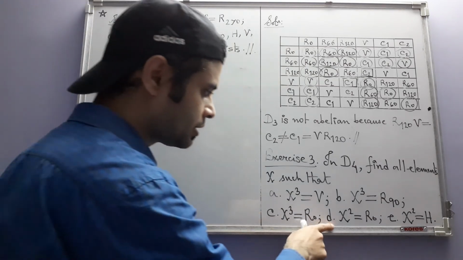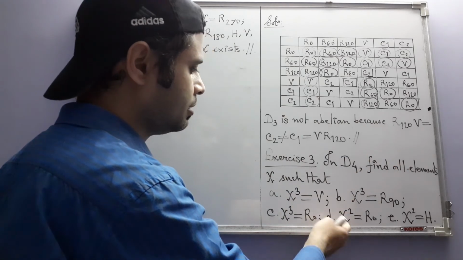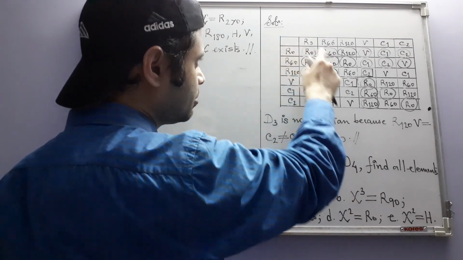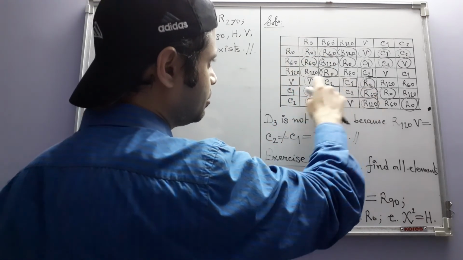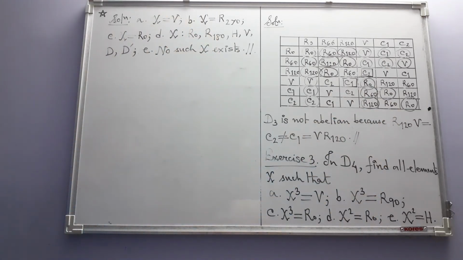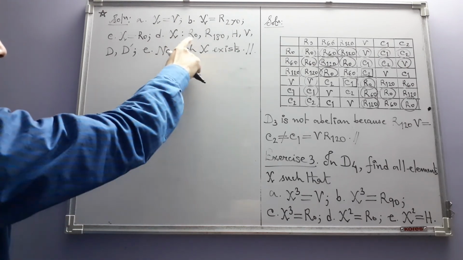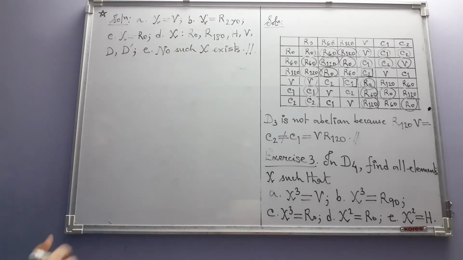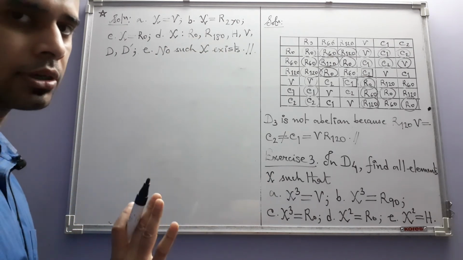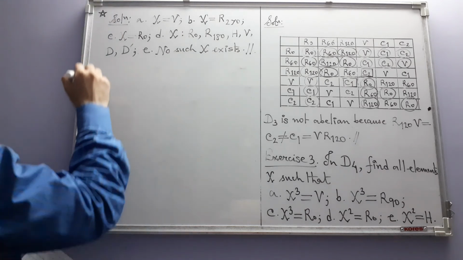Had the same question been asked for not D4 but D3, then the possibilities for x would be R0, then V, C1 and C2. Here however these are the possibilities, many of them. R270 is not one of them. R270 times R270 is not R0 in D4. Okay, now next,